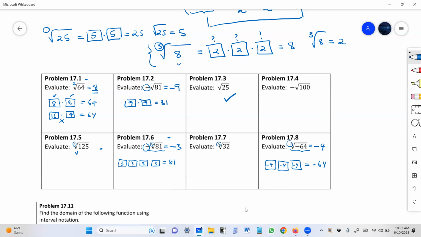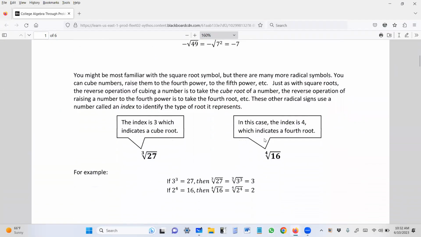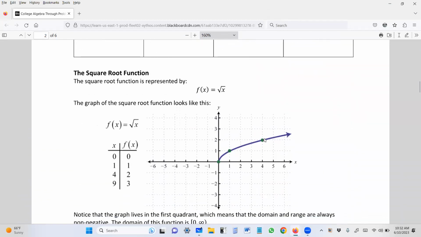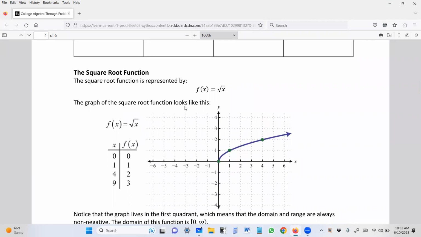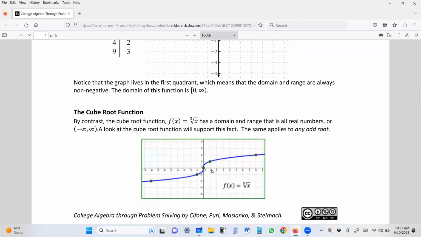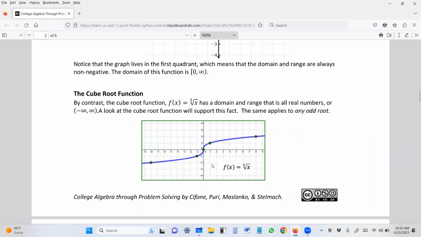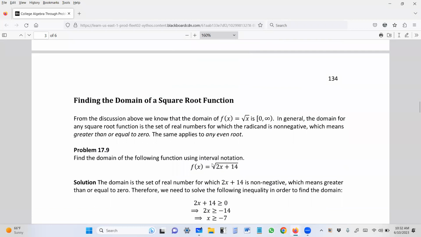Okay, now let's take a look at the other thing that we have to do. The section itself has a little brief introduction into graphing these roots. This is the square root, and this is a cubic root. We won't need much of that. You can read it later. I'm trying to make the video a little shorter, so I'm not going to spend so much time on that. But this is very important: